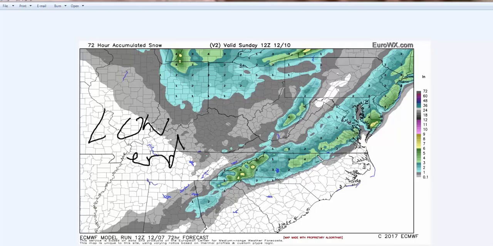And again, notice there are some 4-inch snows, which is very decent for early December, in the Richmond metro area, down southward towards South Hill and South Boston towards Greensboro. And then also some 6 inches in Salisbury, Maryland, and 4 inches up towards southern New Jersey, close to Philly. Philly's about 3, New York City, and then into Connecticut. So again, excellent representation here of the low end of what it could be.